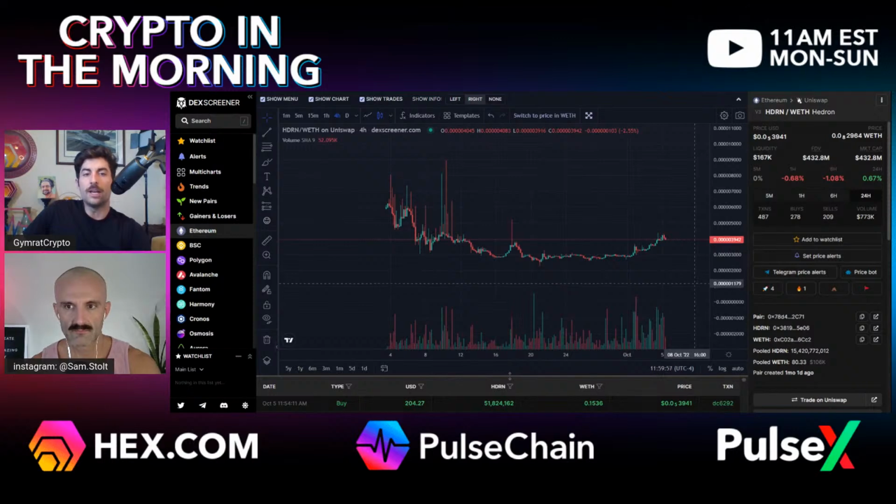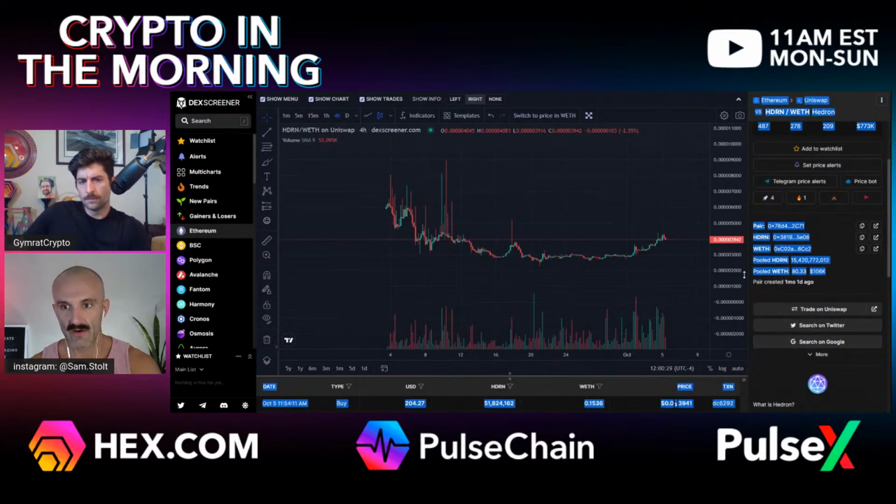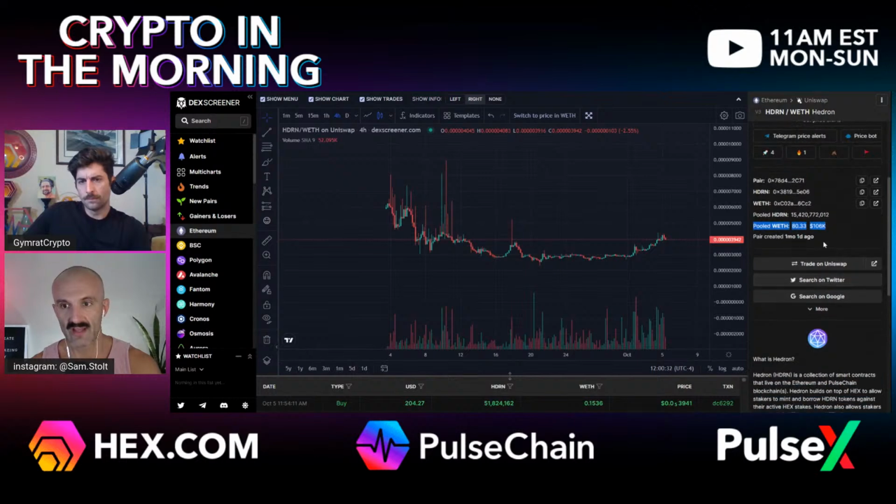But if somebody decides to make a big move on it, it's going to blow. And if Hedron on the other chain or Hex on the other chain has any positive price movement, this is all from the price movement of Hedron on the ETH chain. You know what I mean? Yes. And because of what's happening with the liquidity that you're able to actually see, let me pull up one more thing. This data is from last night. So before I pull this up, check this out. We've got $167,000 worth of liquidity in this pair for V3 on Ethereum mainnet. On that pair, $106,000 of that is Ethereum.